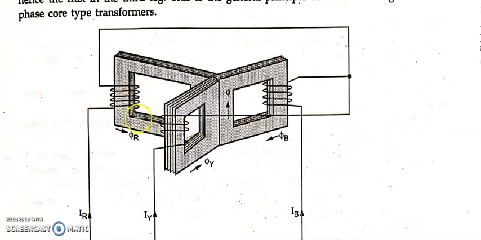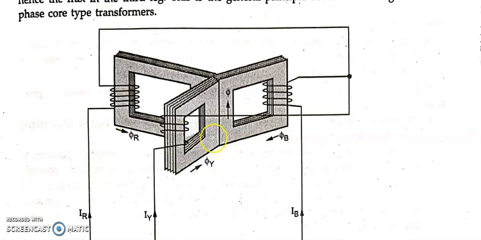You can see here these are the 3 cores, which are 120 degrees electrically apart. Just for the sake of showing, they have drawn it like this. Here is the core with respect to the R phase, here the Y phase, and this core is with respect to the B phase. These are the 3 individual cores, and they are all connected at the center. This is the central limb, and these are the separate individual limbs. You can see the central limb always carries flux phi. Phi is the summation of phi R, phi Y, phi B, because you can apply the KCL law here. Summation of current entering is equal to summation of current leaving, yes or not? So phi is equal to phi R plus phi Y plus phi B.